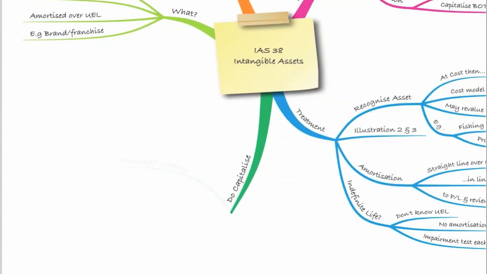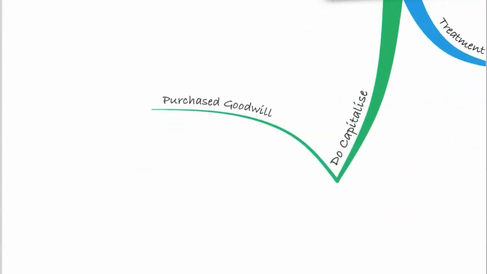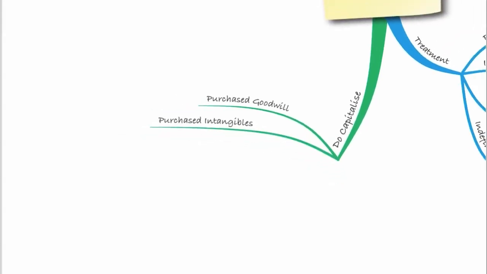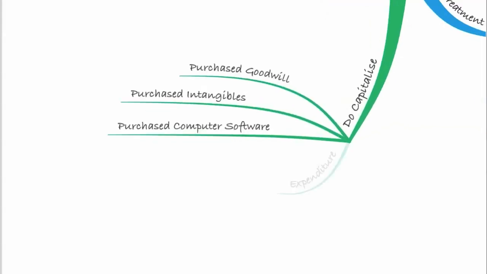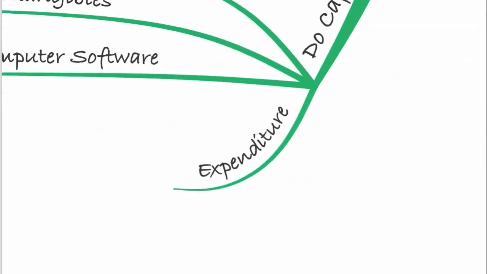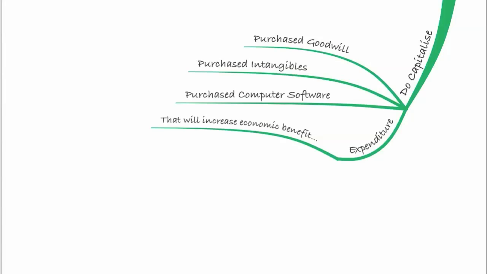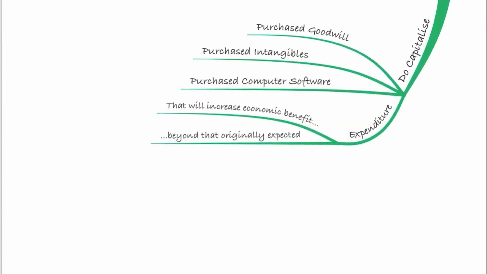So we will capitalise purchased goodwill. We know that because when we do our group accounts, we bring in purchased goodwill as an asset. But we also know that we'll bring in purchased intangibles. So if we bought a brand, or we bought a franchise, or we bought a patent, we will capitalise those. We'll also capitalise purchased computer software, and we will capitalise expenditure that increases the economic benefit beyond that was originally